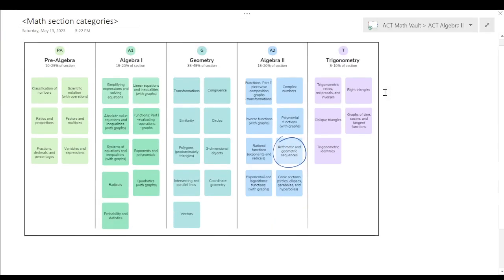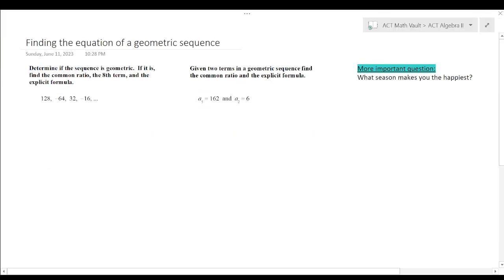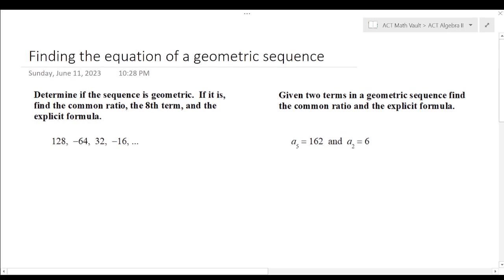All right, so sequences fall under Algebra 2 on the math section, and we have arithmetic and geometric represented on the test. So my guess is you'd see one or two of these, probably just one. But I have seen arithmetic and geometric on there. So you can check out the arithmetic video here too, but I just want to make sure that we understand